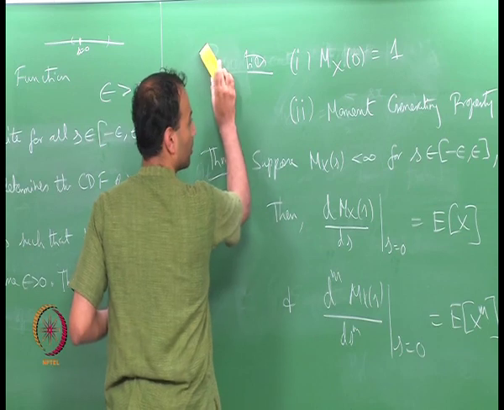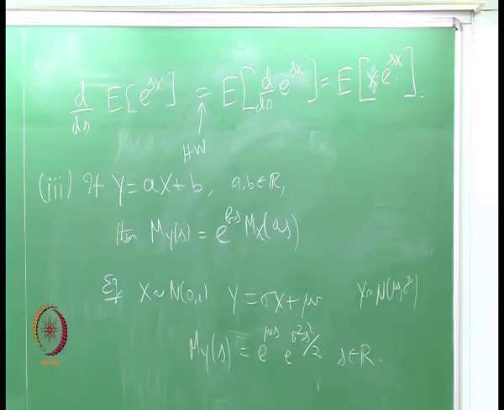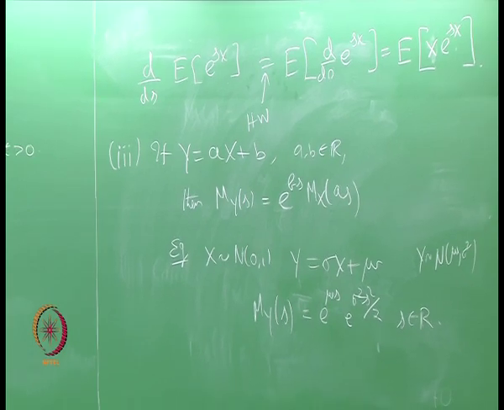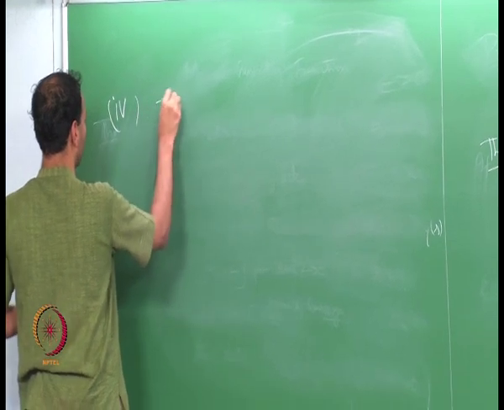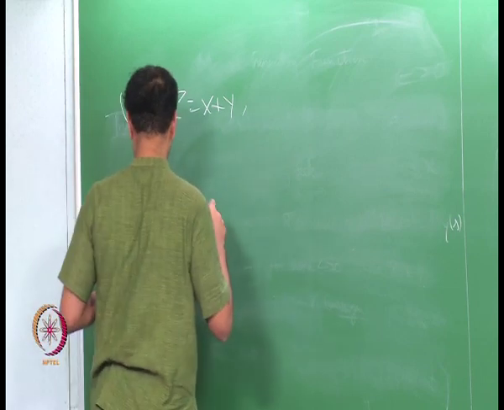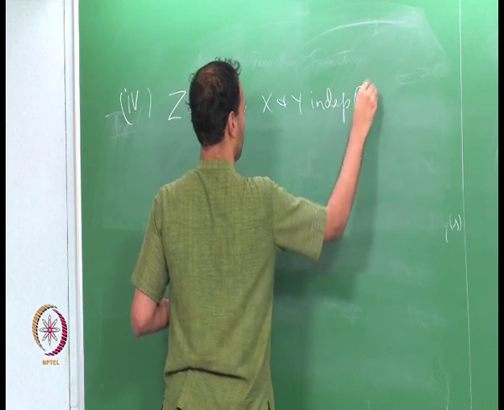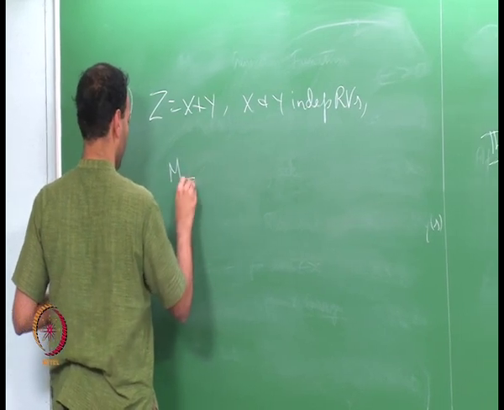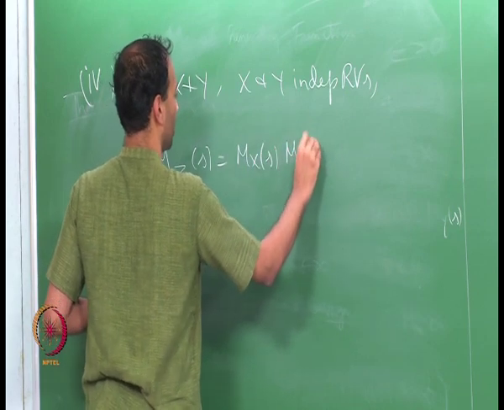Finally, property number 4. If you have z equal to x plus y, x and y are independent, then you can show that m z of s is equal to m x of s times m y of s,